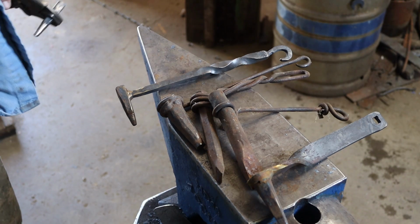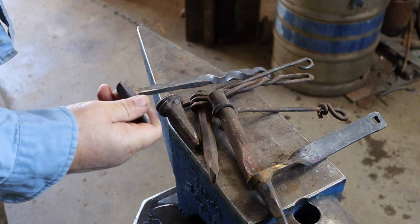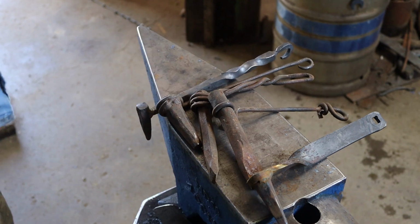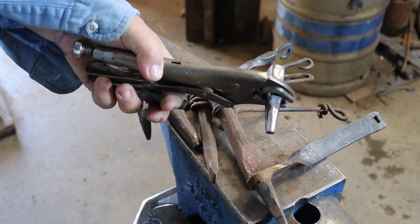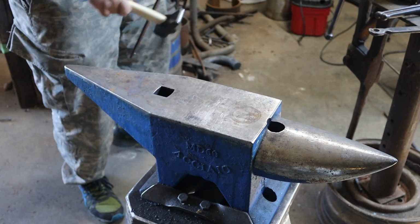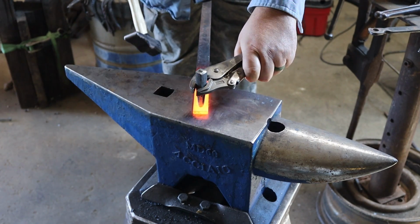Now there's multiple ways you can put a handle on these. You can do wraps, you can do a wrap with a weld, you can just do a weld, you can do a flat piece on top with a weld. But we are going for the easiest method of all here, which is gonna be grab it with vice grips. Okay, we're gonna use this punch to put a decorative